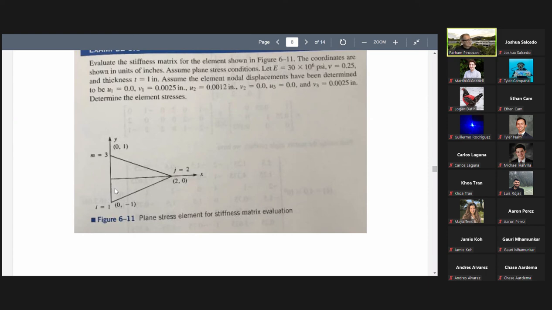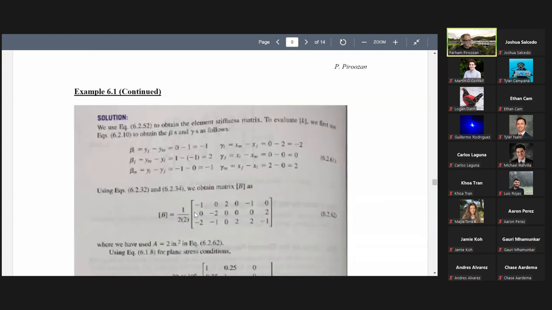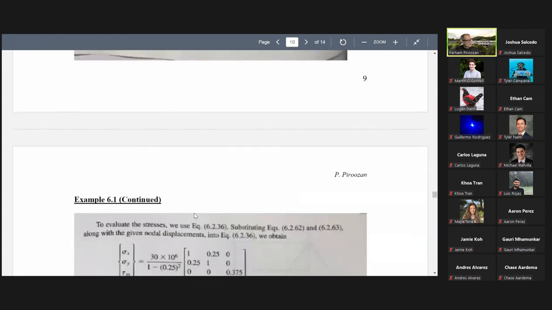So if this element is very large, for example, in a finite element analysis of a structure, finding a constant stress over this large element is not correct. Sometimes the stress gradient is high, stress changes rapidly, so we cannot have a very large element and have the same stress everywhere. So this is our stress,